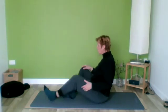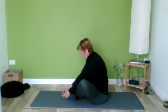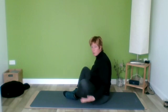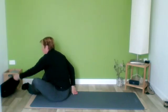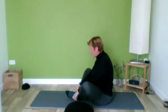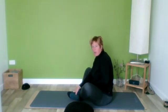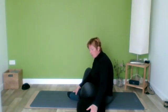And then bring your feet closer to you. Open up these knees. And let your knees just drop to the side. Just showing you, if you're struggling with that, you feel that you have to hold these knees up in the air because it puts a lot of strain on your groin, then just have a big cushion or a folded